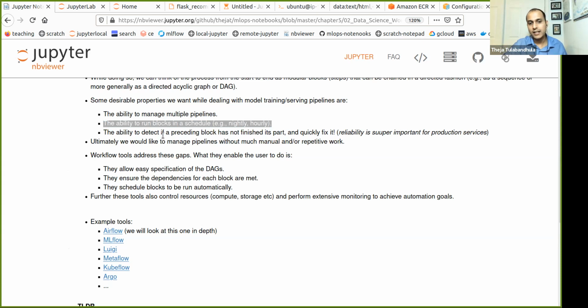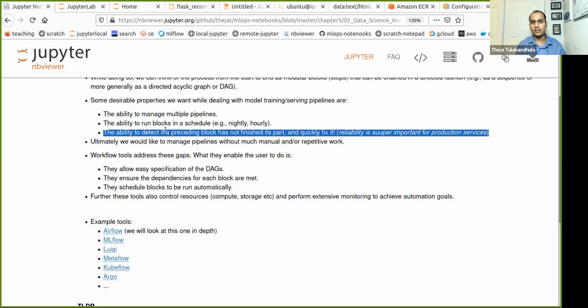And then finally, one desirable property we want with managing machine learning workflows is to get exposed to whenever there is a failure event. For example, one of the blocks did not run because there are extra NaNs, or because the image did not get built, or the image got built but could not get deployed, like we saw earlier. Those steps, if they did not happen properly, then immediately somebody else can step in and fix it,